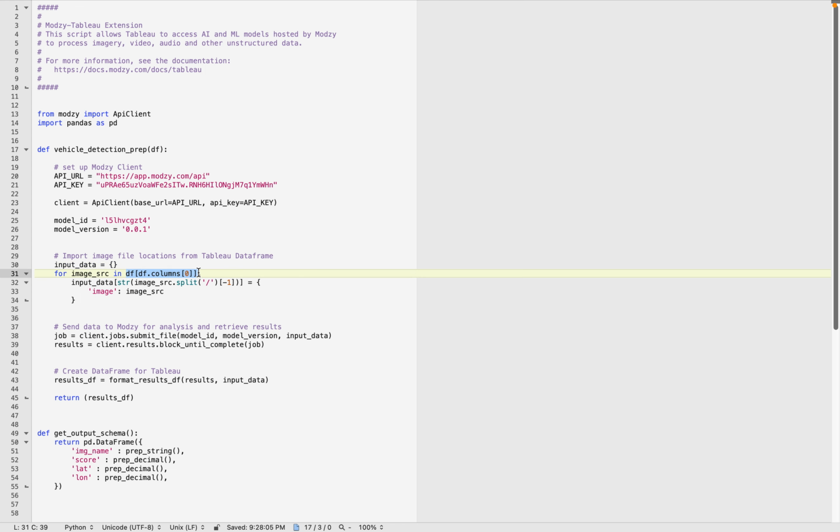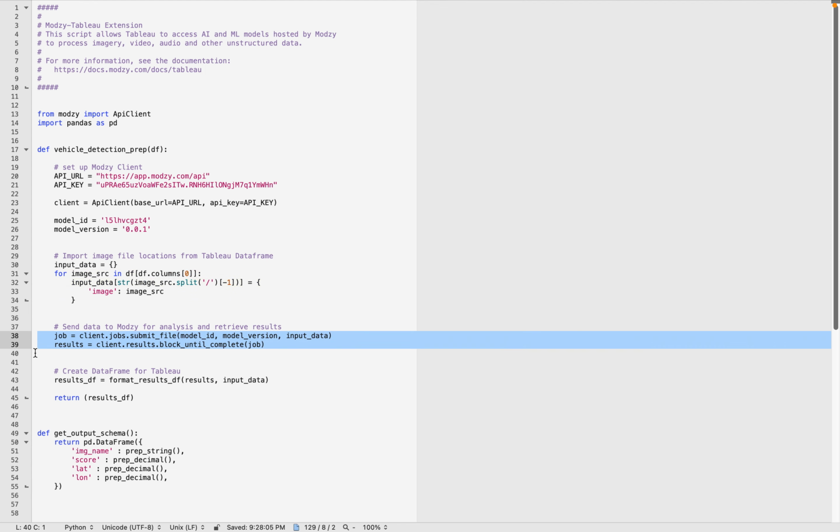Everything in Tableau is actually a data frame. So internally, Tableau likes to use data frames, and you can review the Tableau documentation to really see how that's structured. But essentially, I know that my source file is just a single column, so I'm taking that first column of data and importing that as the image address.